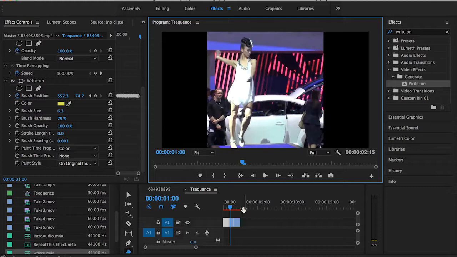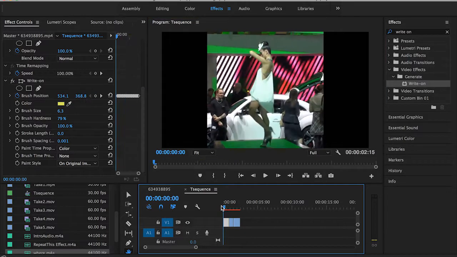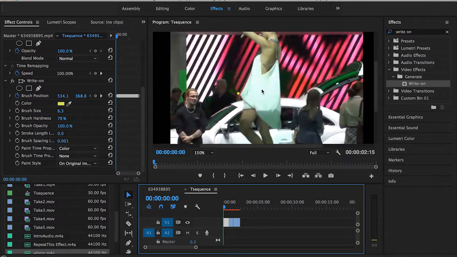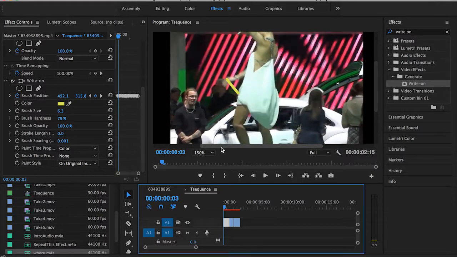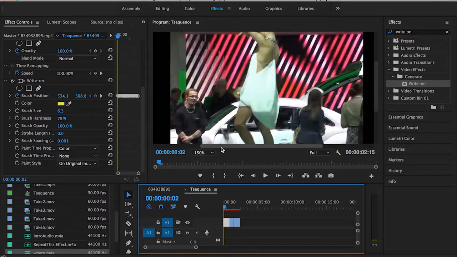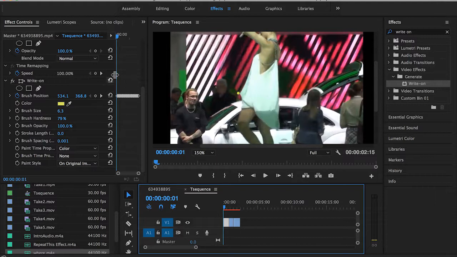But before doing that, let me show you guys something. As you guys can see here, since I changed the color from white to yellow, now the dot can be seen, and I don't want to have that. I want it to start appearing just when her hand moves in front of her body. And to do this, let me go to the first frame here